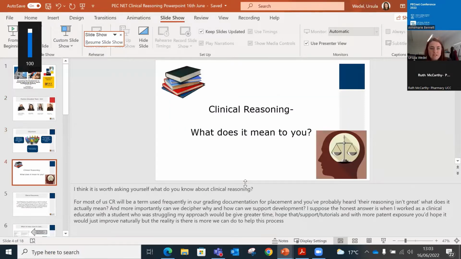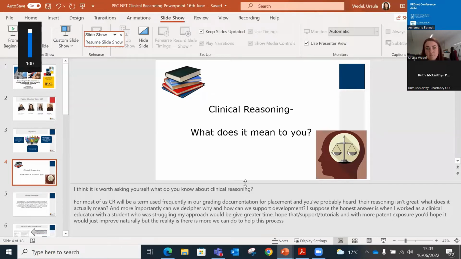I think it's worth asking yourself what you know about clinical reasoning. It's a term that's used a lot in physiotherapy, for sure, in our grading documentation. So we see it dotted throughout the documentation, and in conversation with educators, we hear things like, their clinical reasoning doesn't seem to be great, or they're struggling with the analysis side of it. They need a lot of help to come up with a problem list. And having worked for a decade as a clinical educator, when I had these types of students, I'm not sure exactly